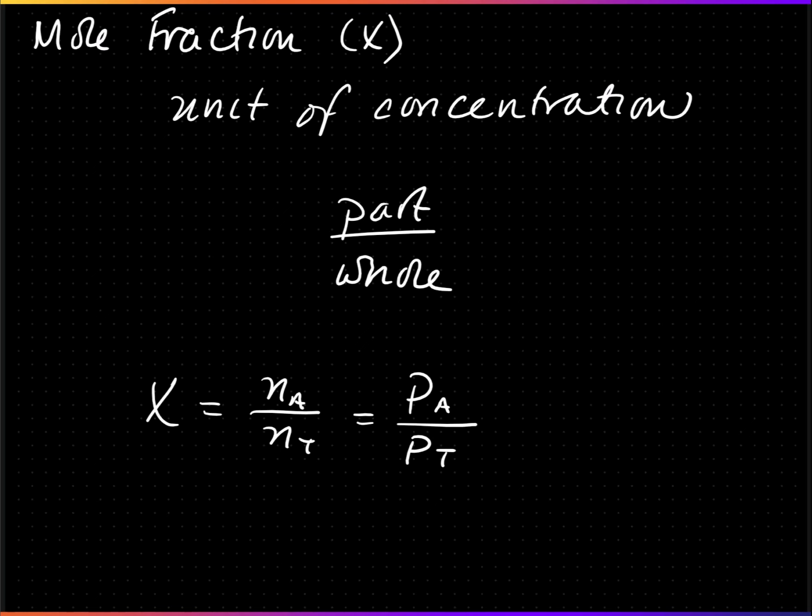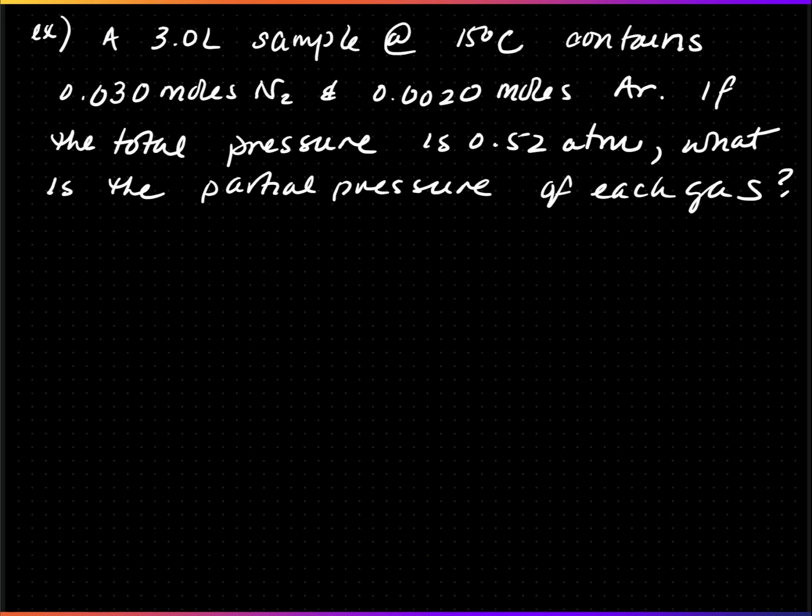It is equal to the partial mole over the total mole, which is also equal to the partial pressure over the total pressure. Since mole fraction is a fraction, it is unitless, which means there are no units. For example, if the partial pressure is in torrs, then the total pressure is also in torrs, so the units cancel out. In this first example, we have a 3-liter sample at 15 degrees Celsius, which contains 0.030 moles of N2 and